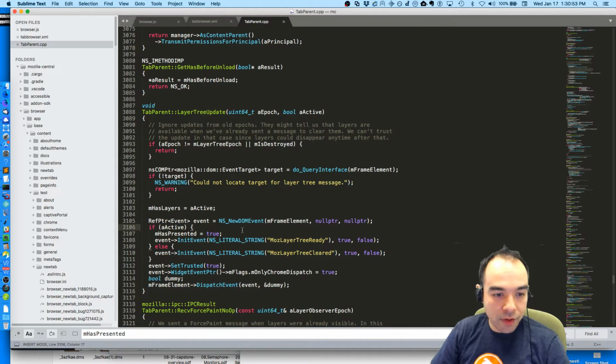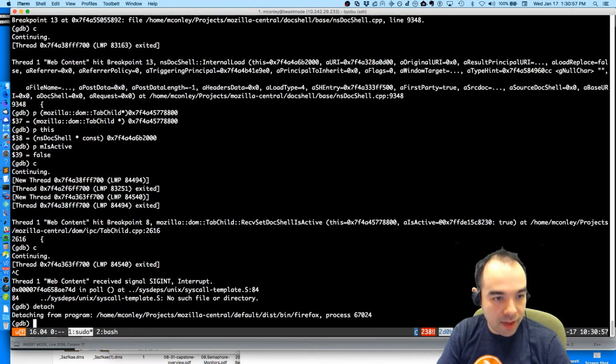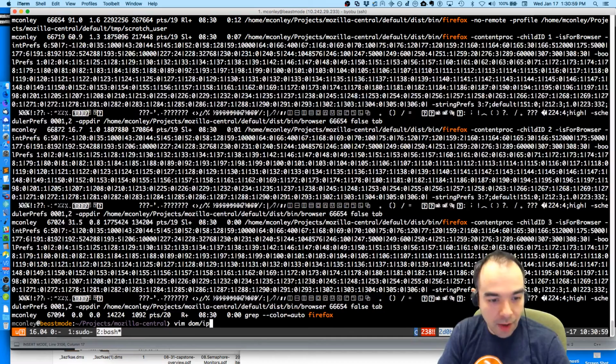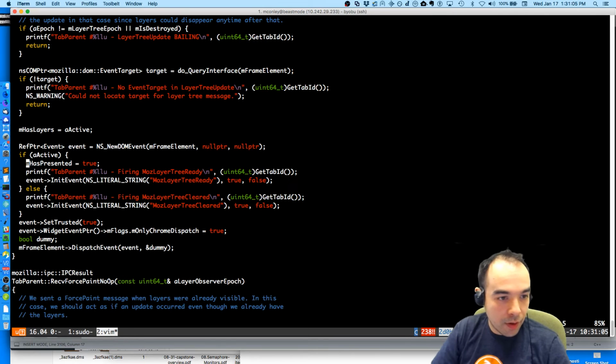So what I'm gonna first do, I think, is let me see here. What do we have in the code? DOM IPC tab parent, m has presented equals true. That gets set here just before we fire Moz layer tree ready.